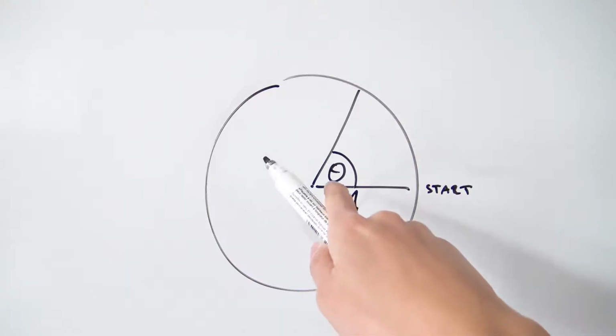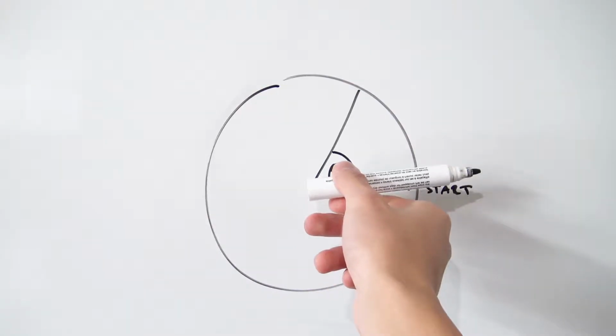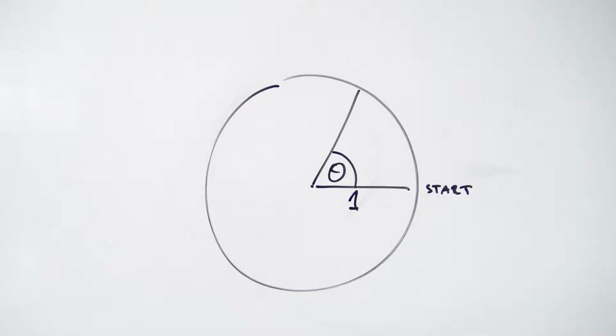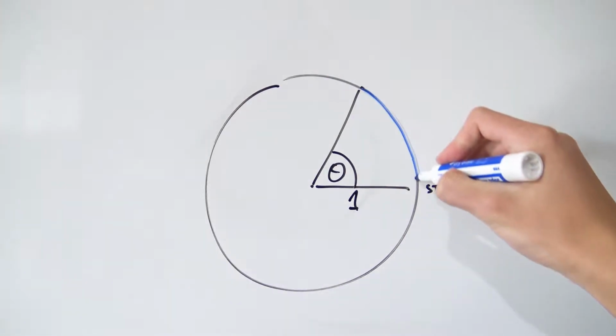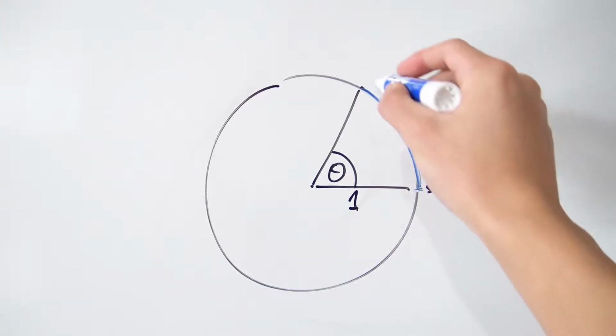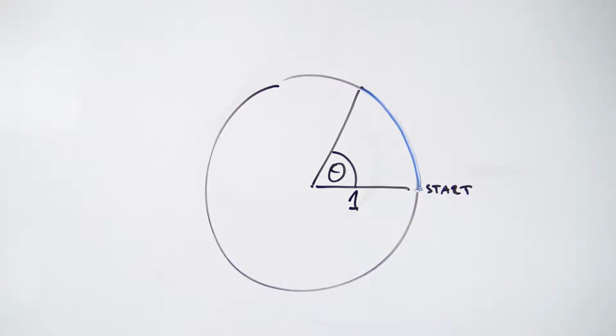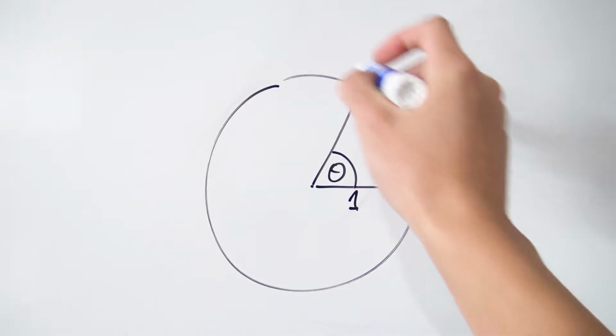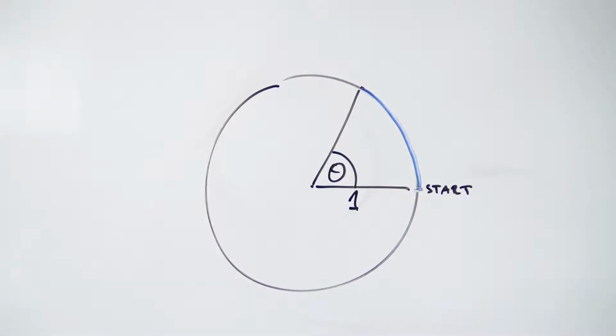So in degrees, the value of this angle would just be how much of a rotation that is out of 360 degrees. But in radians, we're actually considering the arc length right here. So if we're starting right here, how much do we have to walk along our circle to make this angle right here? Okay, and remember a full revolution around the circle is exactly 2 pi, since we only have a radius of 1 right here, and we can use this fact to figure out some formulas to convert between degrees